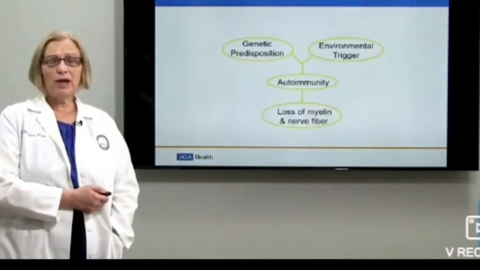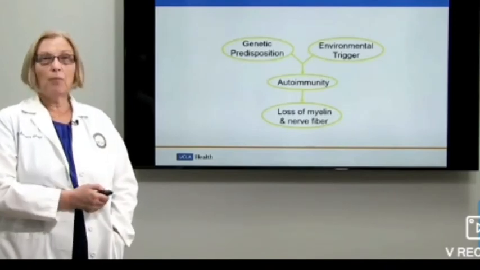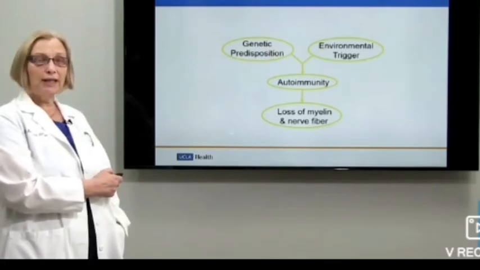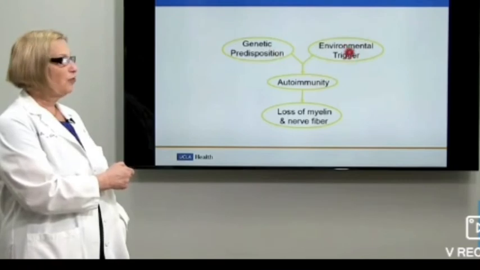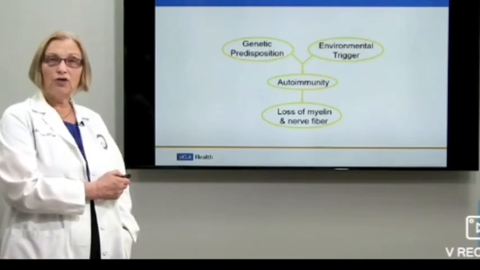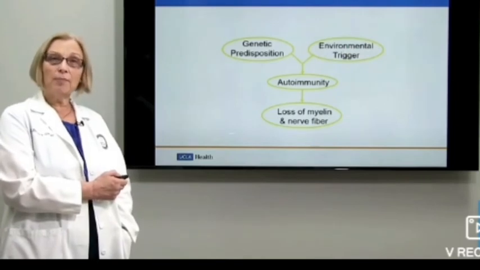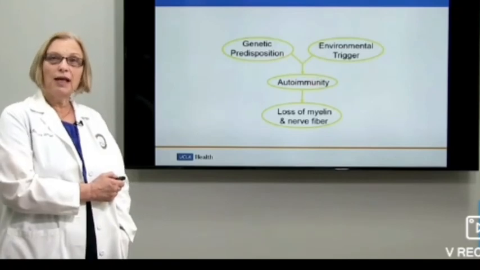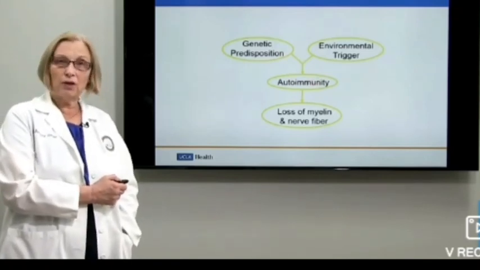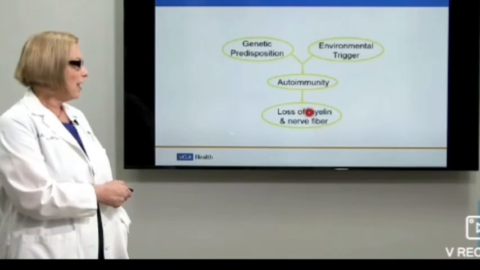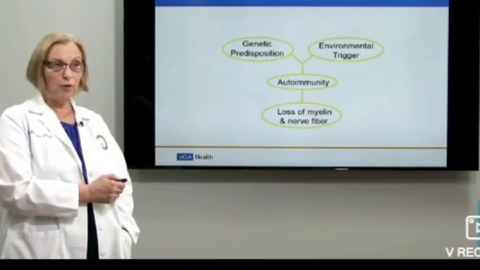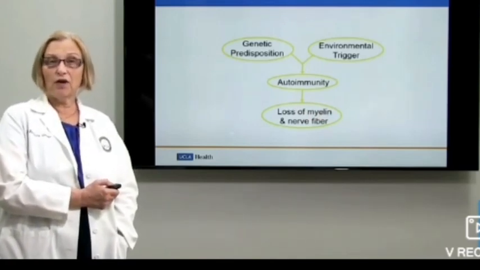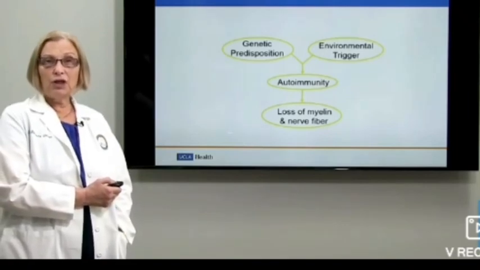What causes MS? We don't know exactly what causes MS, but most people think that in individuals who have the right, or I guess the wrong, set of genes, there's an environmental trigger or perhaps multiple environmental triggers that interact with the genes, and this combination produces the autoimmune response. This combination of genes and environment is thought to lead to the immune system's predilection to attack the nervous system. And when that happens, you have damage to the nerve fibers. We're just starting to tease out which genes are involved, and we're just starting to identify environmental factors. Some very interesting environmental data